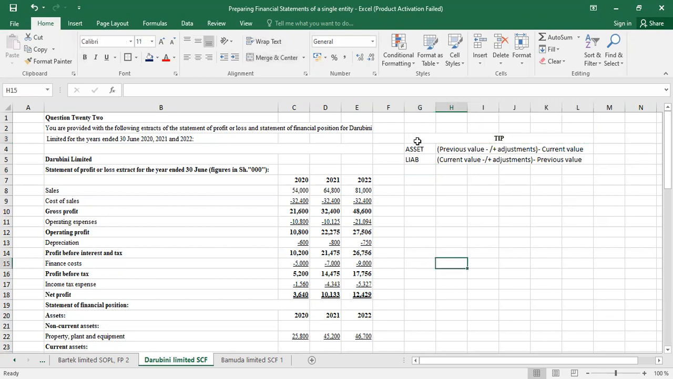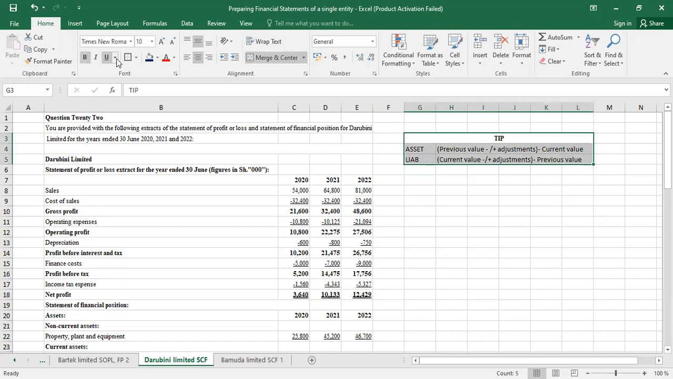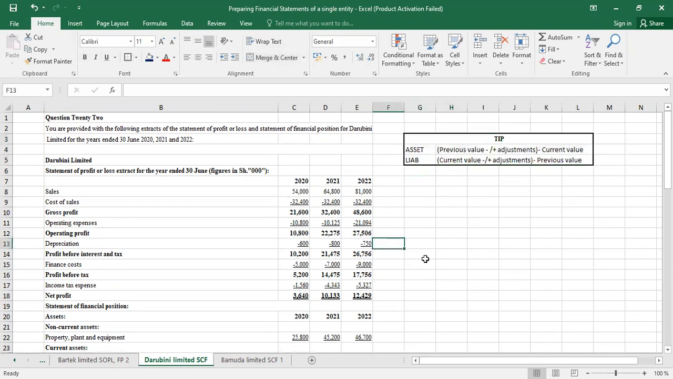You'll see how we use it. You can write it somewhere. You have been provided with the